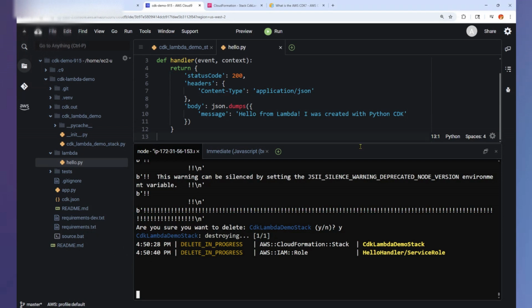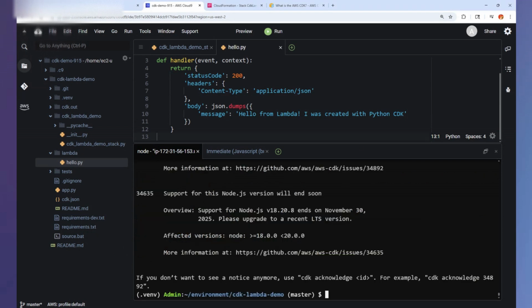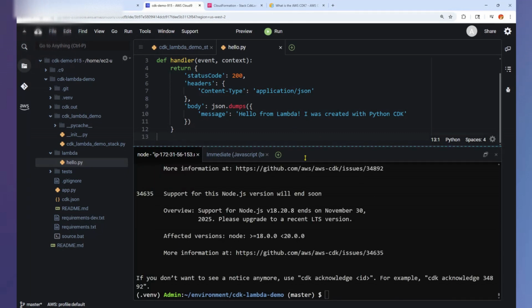So I hope you found this helpful. And again, this was a demonstration of how to use the CDK to create AWS infrastructure with a programming language approach, and in this case with